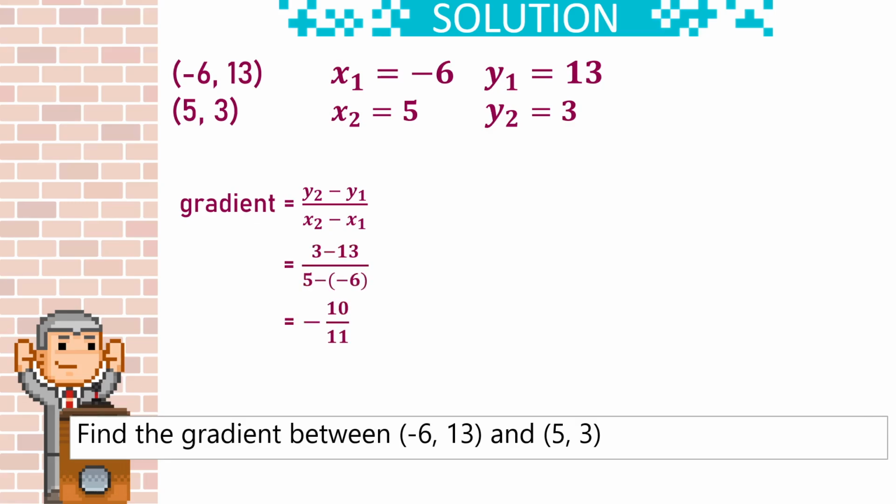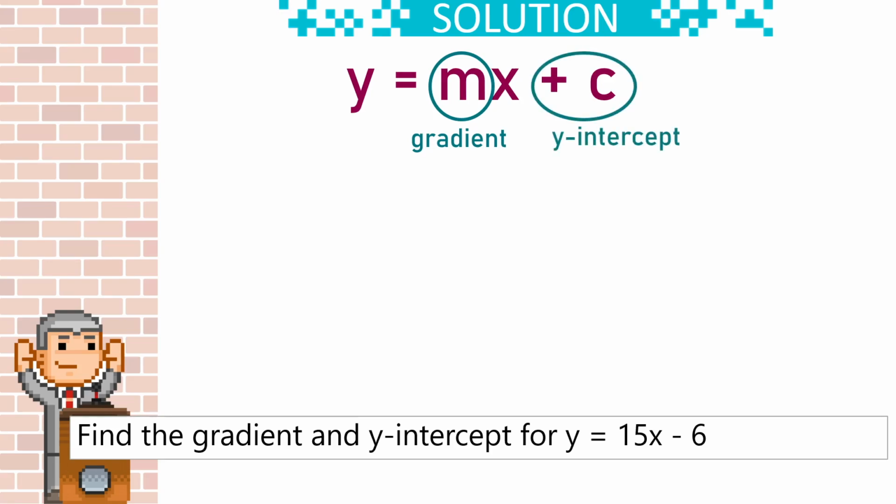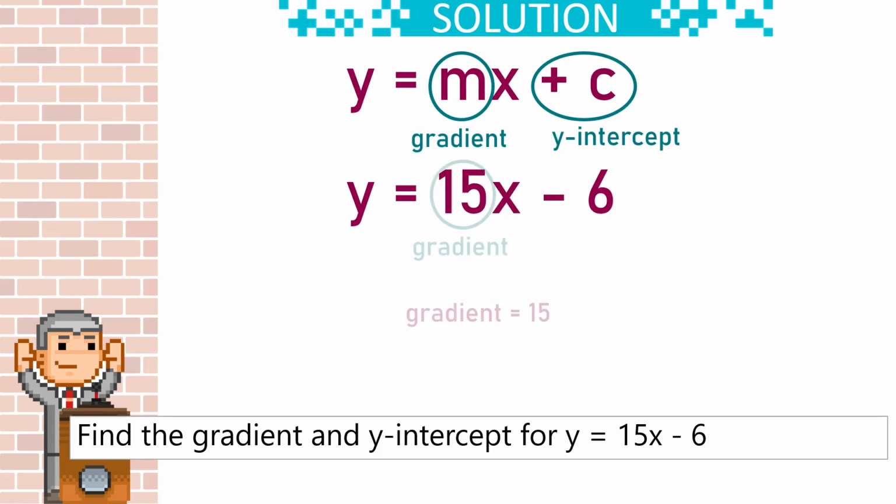If an equation is written as y equals mx plus c, we can find the gradient and y-intercept really easily. The gradient will be the coefficient of the x, which we've shown as m, and the y-intercept will be the plus c bit at the end. So looking at our equation, y equals 15x minus 6, the gradient will be 15, and the y-intercept will be